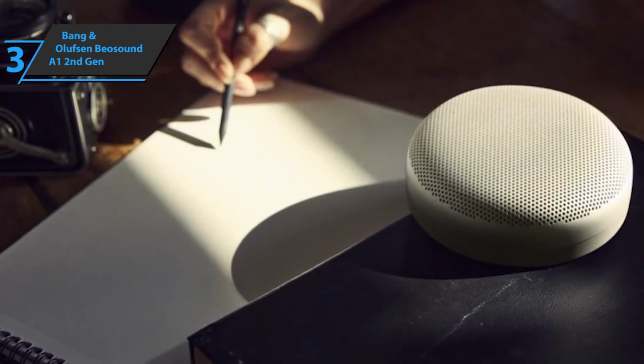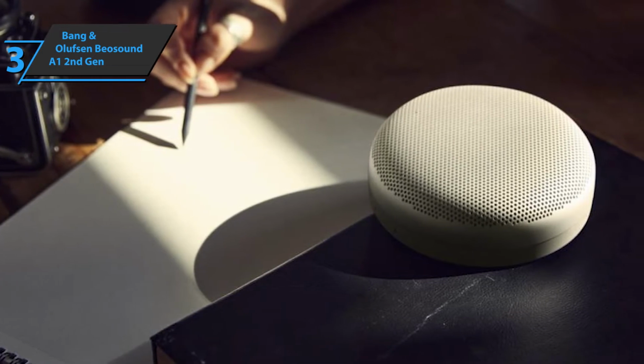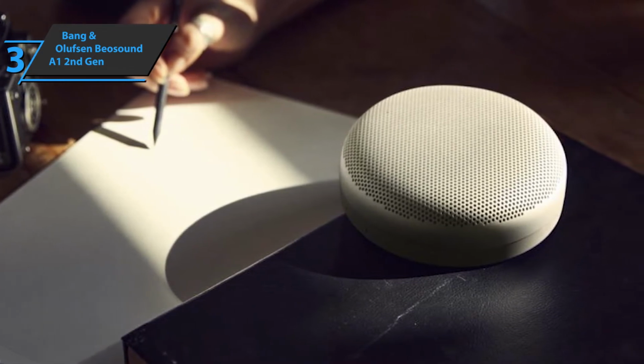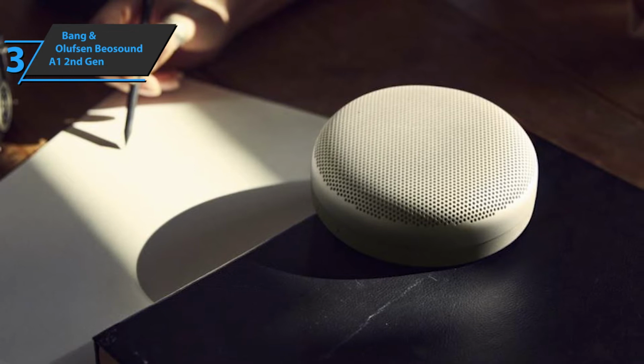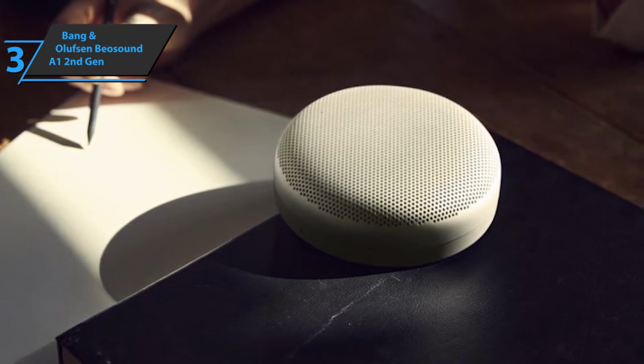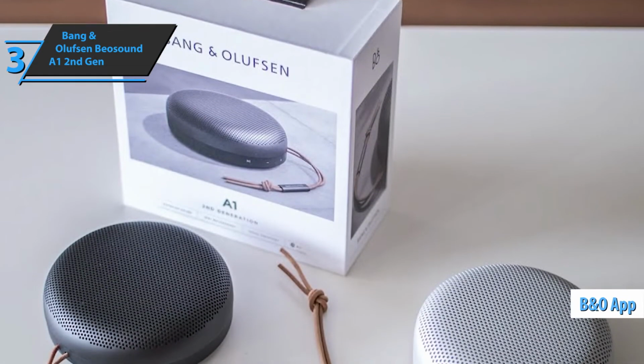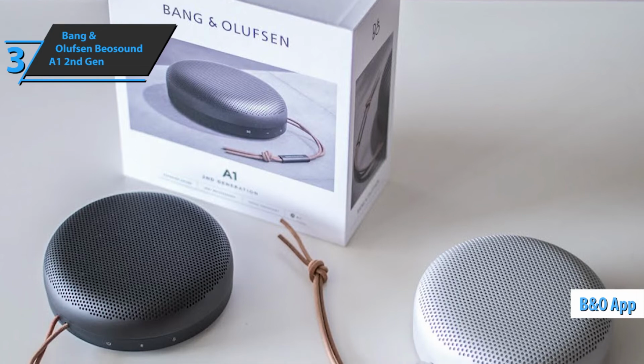We, of course, don't suggest you do that, but feel free to take this fella to pool parties, outdoor activities, rainy weather, and more. However, the 3.5mm headphone jack on the original A1 has been removed for the second generation, which means you can only use a Bluetooth connection. There's a possibility to connect with the Bang & Olufsen application, where you can also activate or deactivate Amazon Alexa